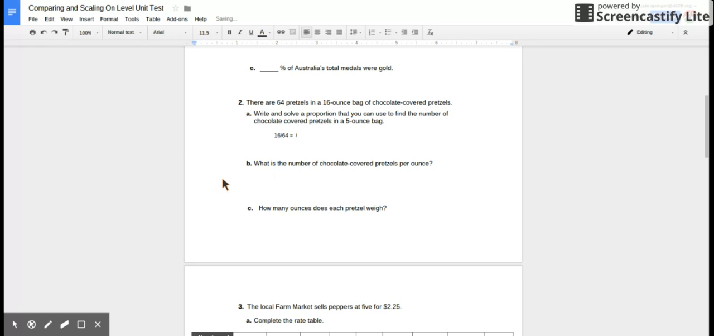Now, what is the number of chocolate-covered pretzels per ounce? Per ounce, so per 1 ounce. So we're going to find the unit rate. Now we can do the same thing. We've got to set up a proportion, so we can use the same rate,